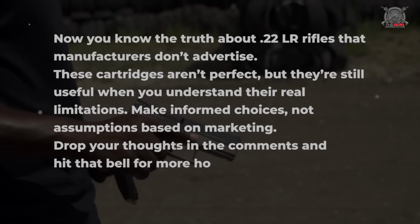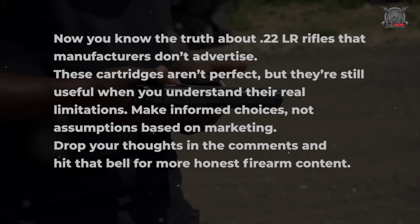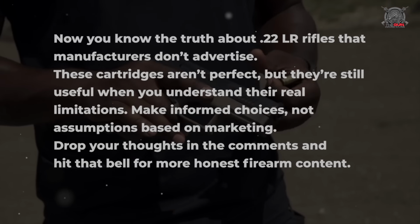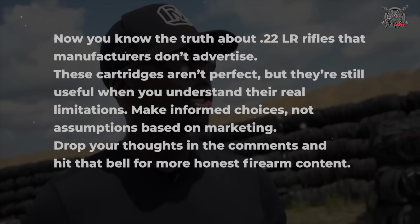Now you know the truth about .22 LR rifles that manufacturers don't advertise. These cartridges aren't perfect, but they're still useful when you understand their real limitations. Make informed choices, not assumptions based on